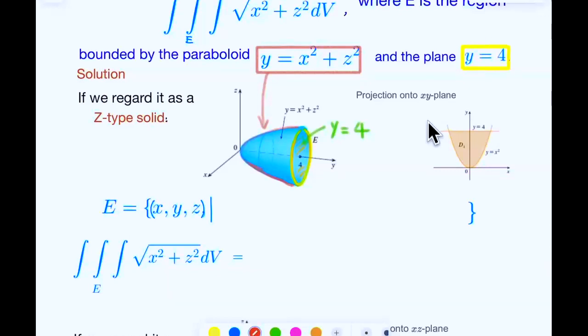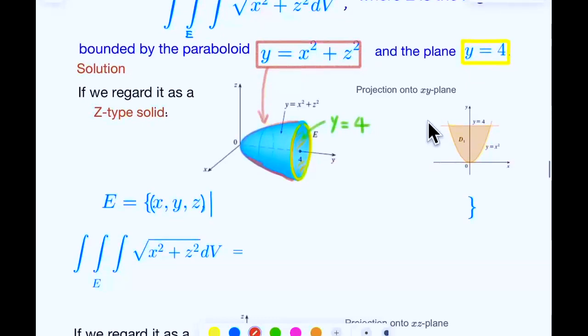If you regard this as a z-type solid, then E is going to be bounded above and below, by u1 and u2. So here, then E is bounded below by